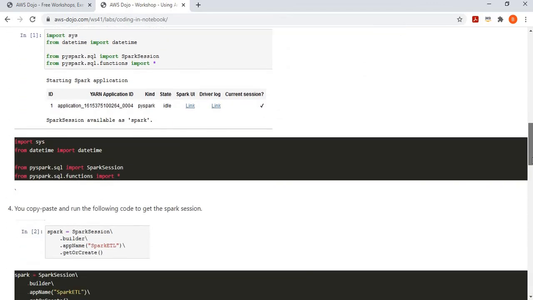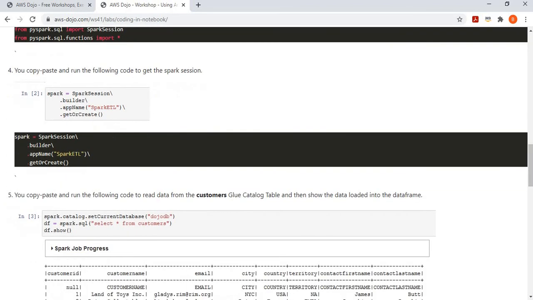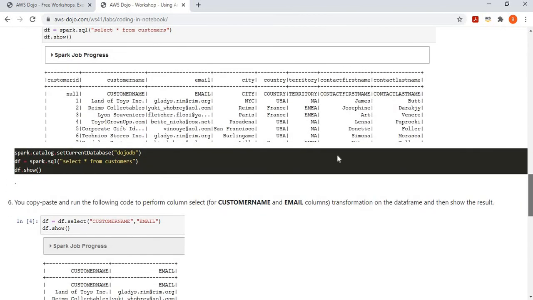Now we start writing the code, and as I mentioned in my presentation, it's pretty straightforward. First, we import the PySpark SQL library. After that, we start a Spark session. And finally, we simply write the code. Like in this case, I'm saying set my database to DojoDB.